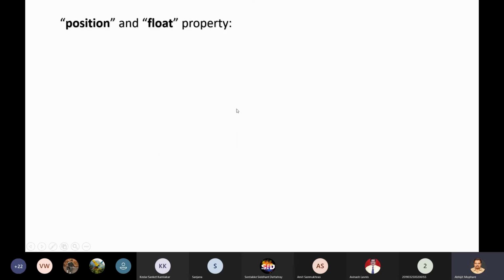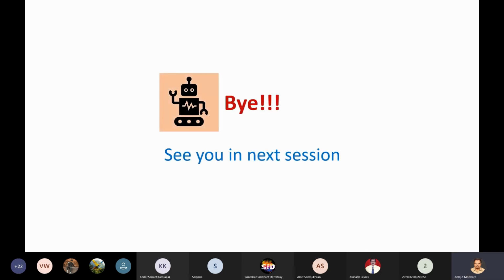Right? The position property and float property we will discuss in the next section in the hands-on, because that needs a demonstration. Deliberately I have kept it empty. We will stop here, because it will take half an hour and I have other work. In the hands-on session, I will explain the position and float properties. Okay, so this completes the session,